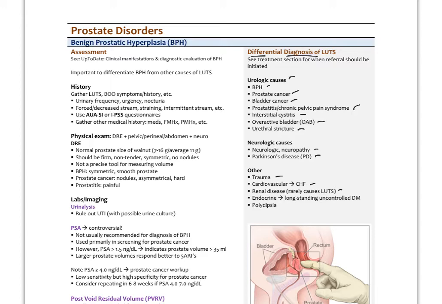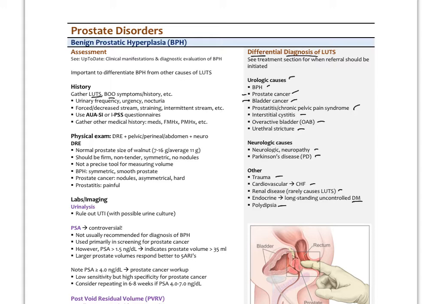Endocrine causes include long-standing uncontrolled diabetes, which can cause neuropathy, and polydipsia, and any of those disorders can cause LUTS. So we want to just do a quick differential of those. Probably the most important ones would be prostate cancer and bladder cancer. So that's the first thing, is just getting the history and gathering all the LUTS and the